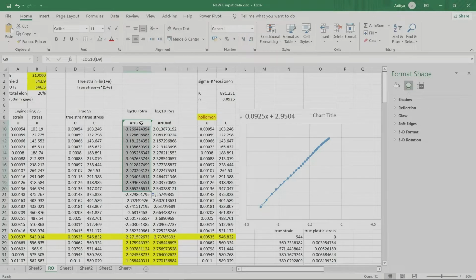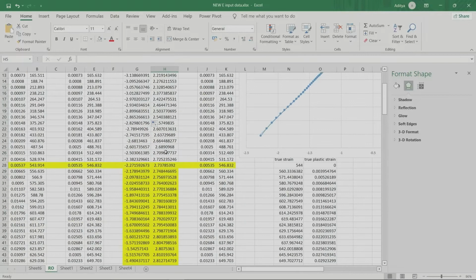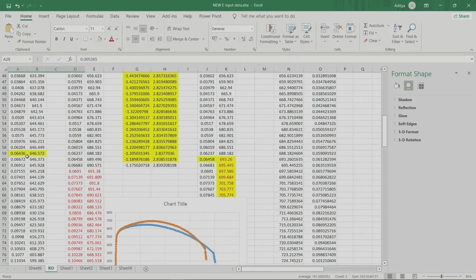What you are going to do? Make a log base 10 of true strain and log base 10 of true stress. Now see from the point of yield strength, yield stress up to the ultimate tensile strength, that is this point. So we are going to take the data of log base 10 from this data to this data, and then